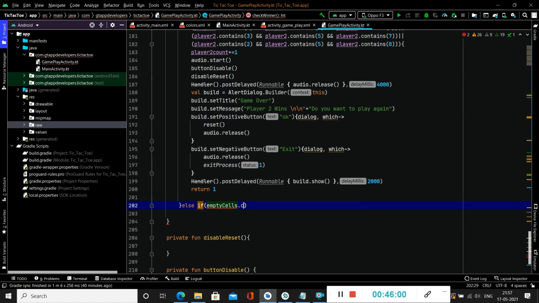So if emptyCells dot contains ones, this will be the pattern for the empty cells, and emptyCells dot contains, here we will add all our cell ids: 1 2 3 4 5 6 7 8 and 9.